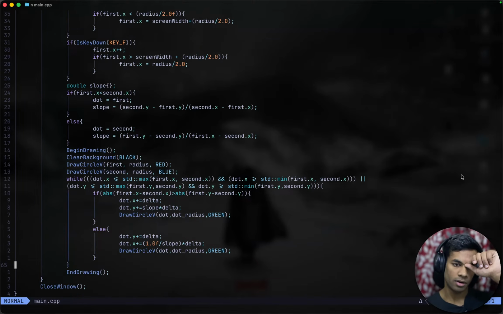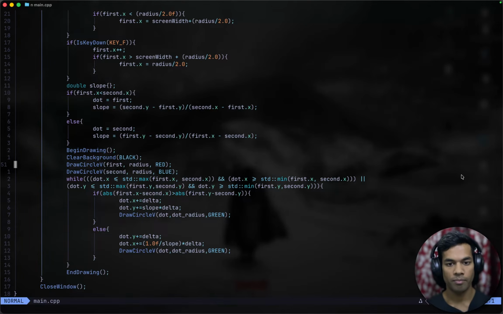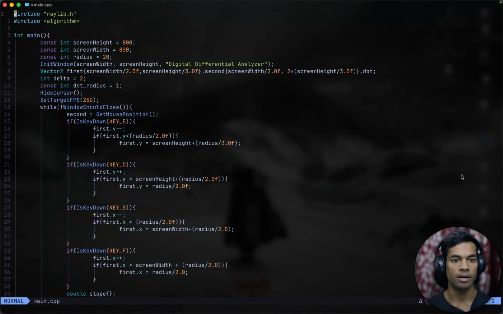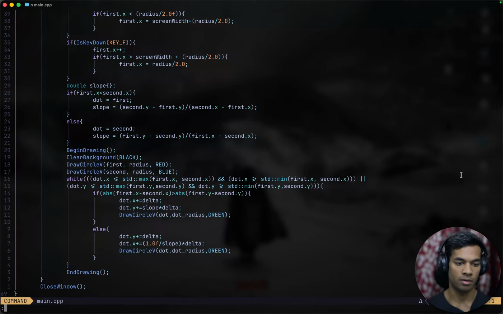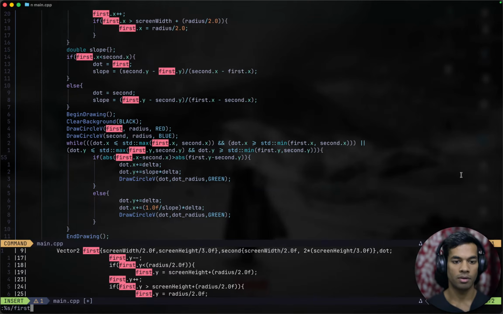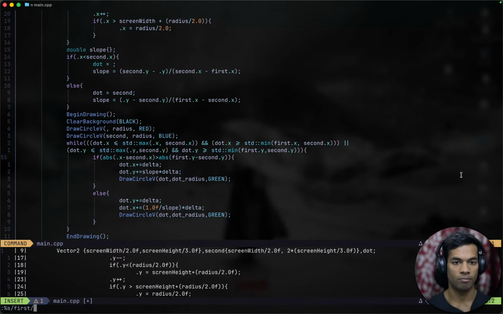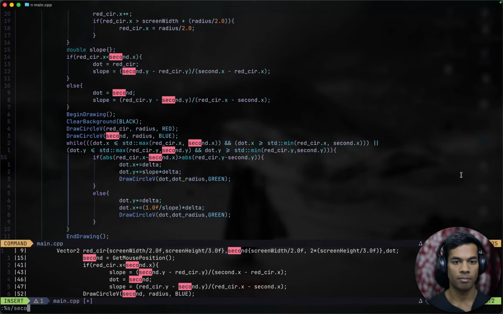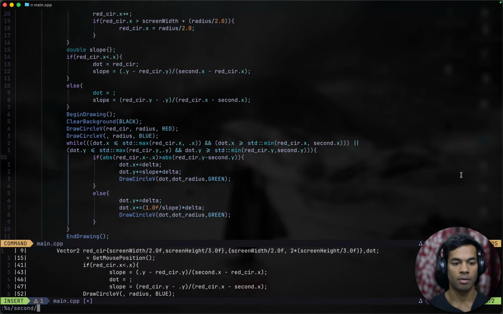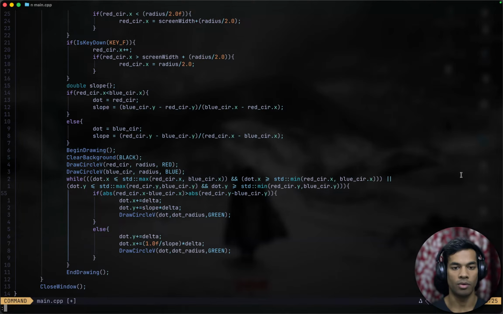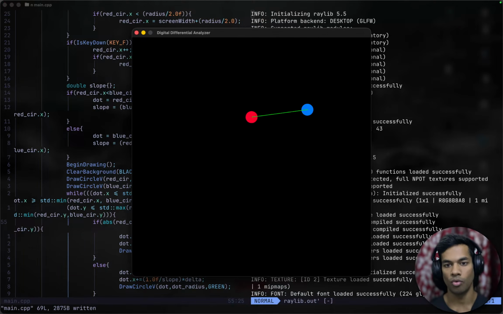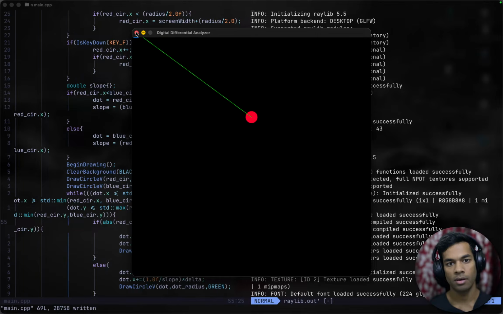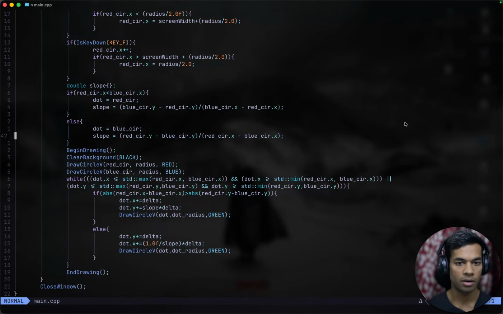Here our red circle, first is red. Okay, let's change in the whole file: substitute the name first with red circle everywhere, and also substitute the name second with blue circle on the whole thing. So this is more clear. Okay, so here red would be our starting point